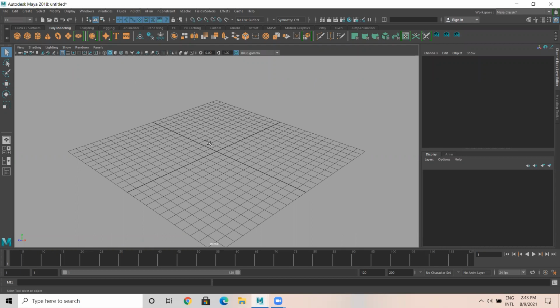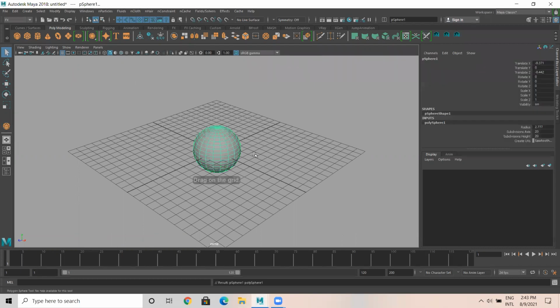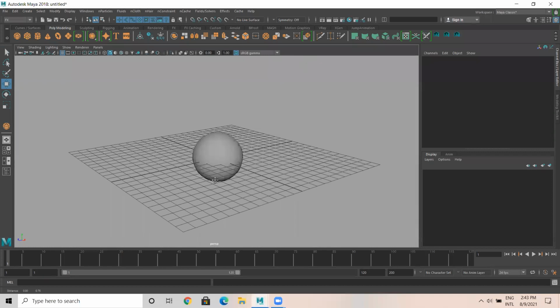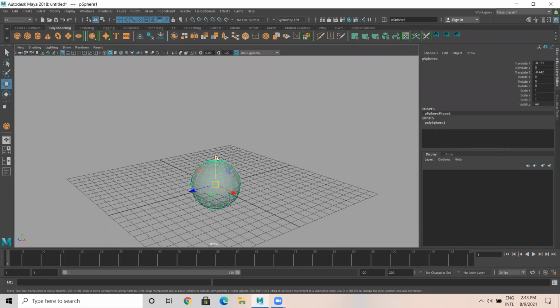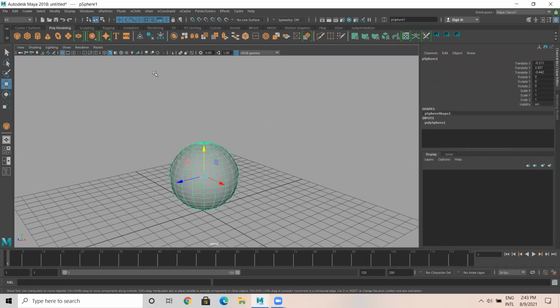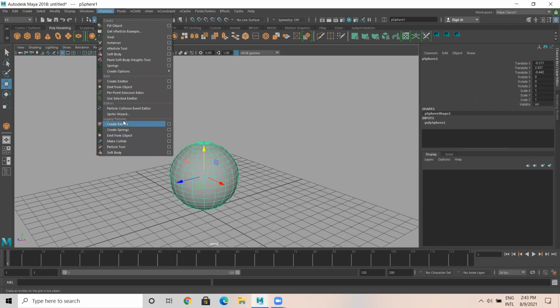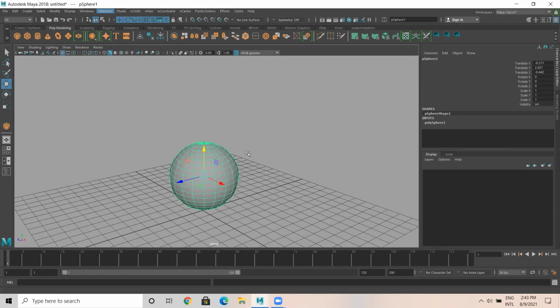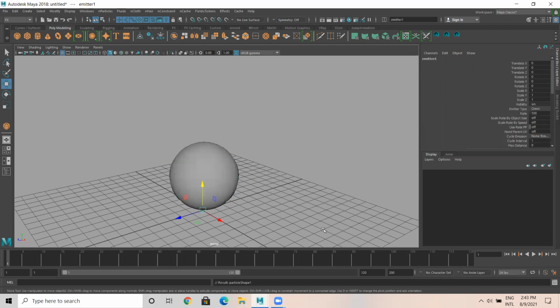So I'm just creating a sphere. We have a sphere here. Okay. We have a sphere. And I'll go to particles and particles. Under legacy particle, I just choose create emitter. So when I create emitter,